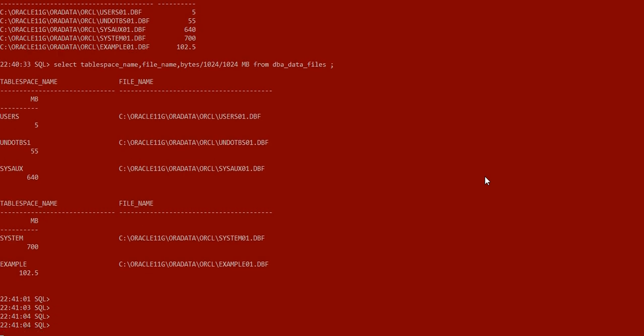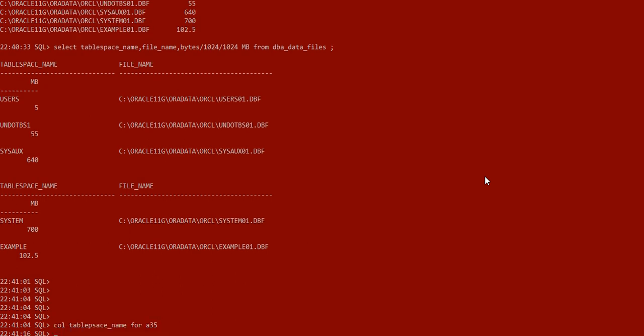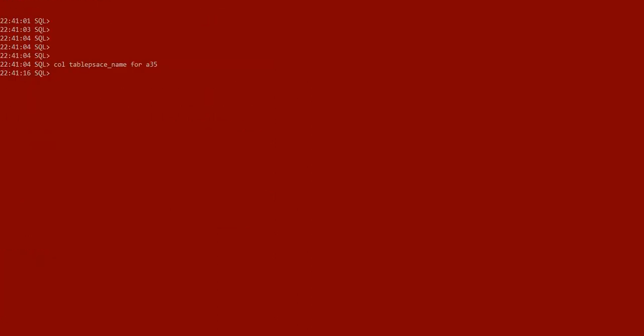Now the result is also not in good format. So I am going to set tablespace name for A35. It's just an idea of how much we have to set.